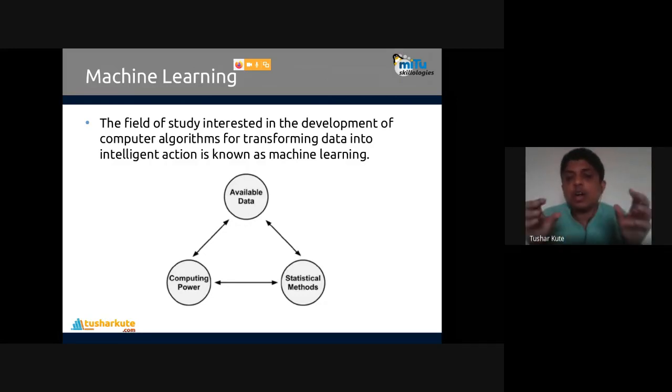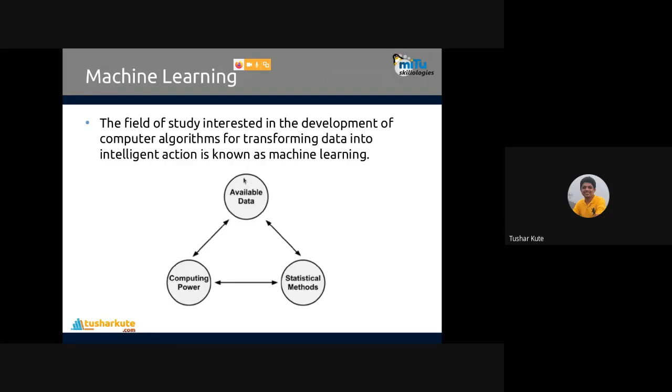So on available data, as we can see, in the definition of machine learning, previous data is important here. Previous data, previous experience, previous examples we use. So those examples, observations, previous data are in the form of a data set that we are giving as input. That's what we call available data. On this available data, you apply the statistical methods.